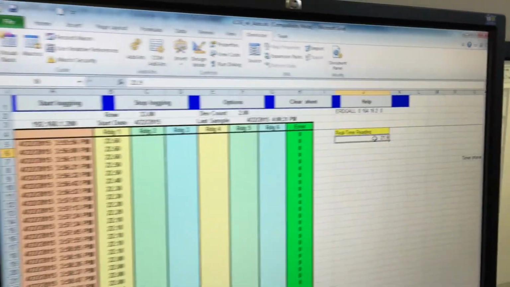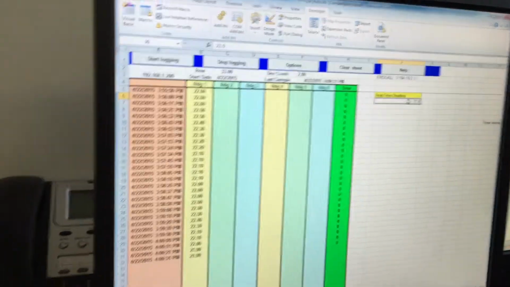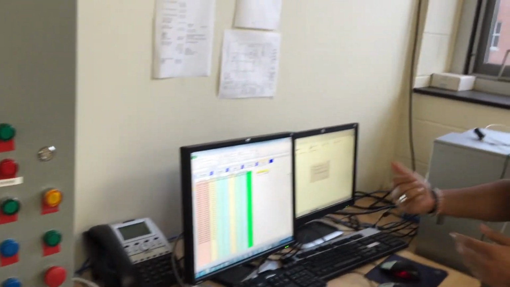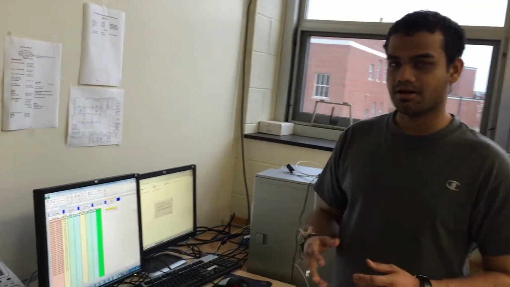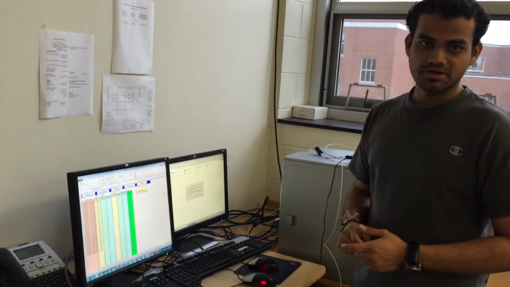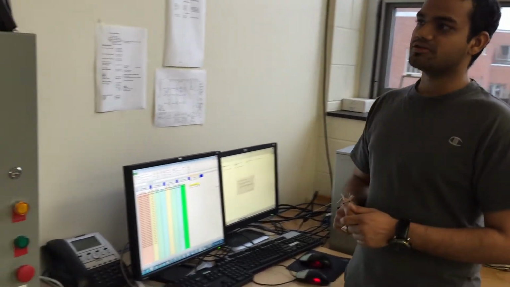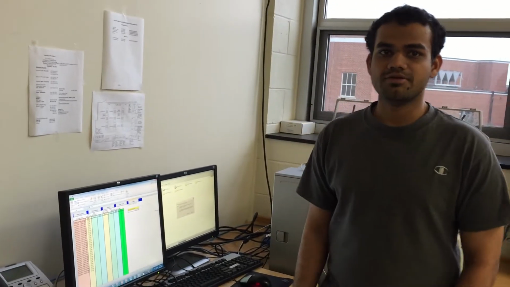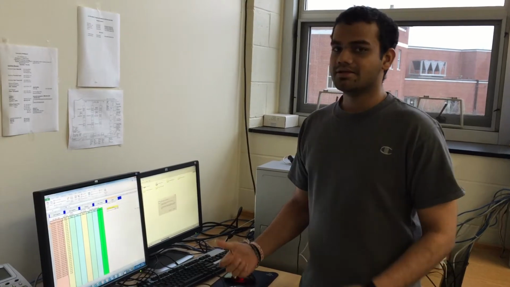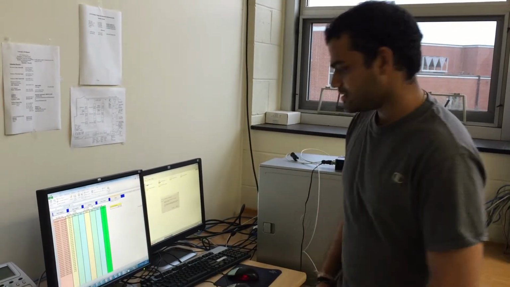Now if you have the data in the Excel and you want to send it to this Compact Logic, we have to do one thing. We have to create a tag in RS Logix 5000. Basically, for the Compact Logic PLC, we have to develop the code in RS Logix 5000.